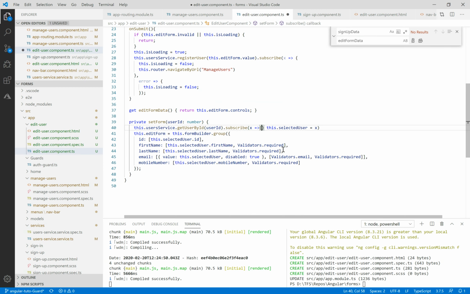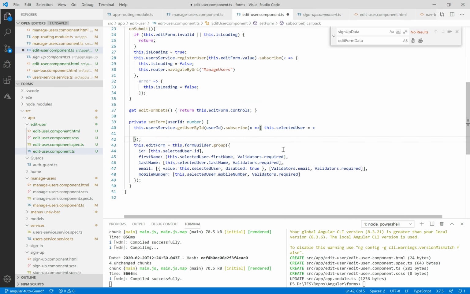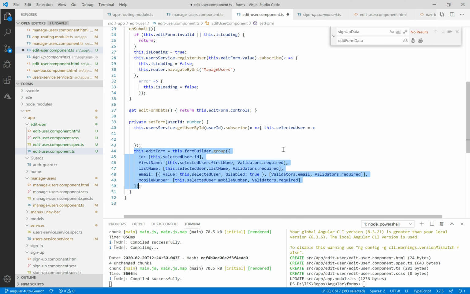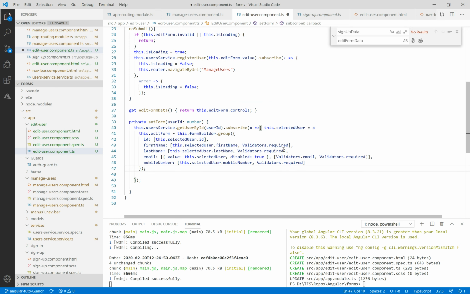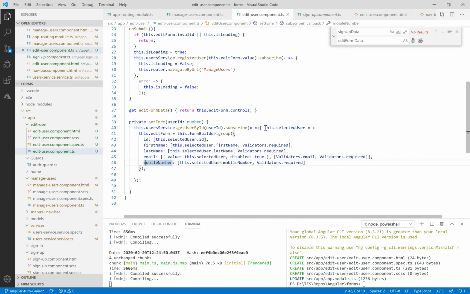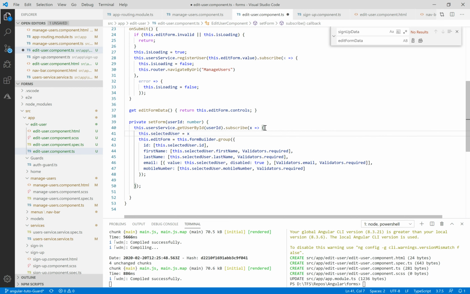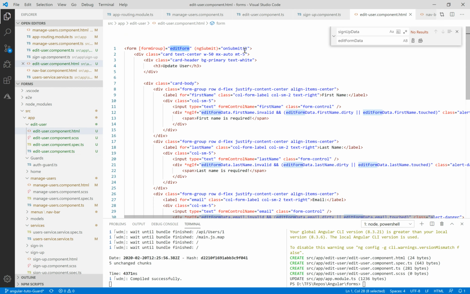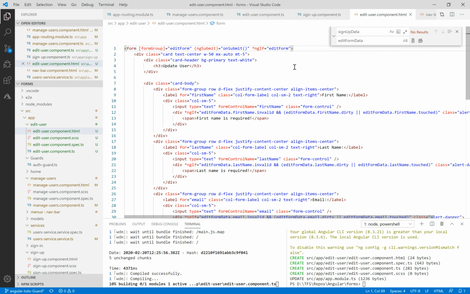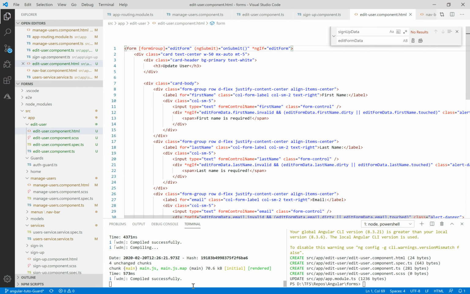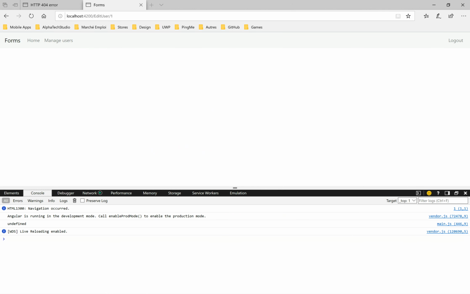So here we have an empty form without initialization, because we need to define this initialization in the subscribe of get user by ID, because this is an asynchronous operation. So I think that's great here. And let's add ng if edit form defined. We show the form in order to prevent an error when initializing